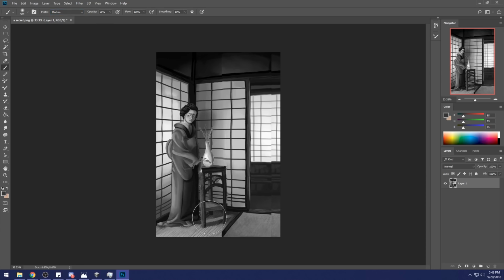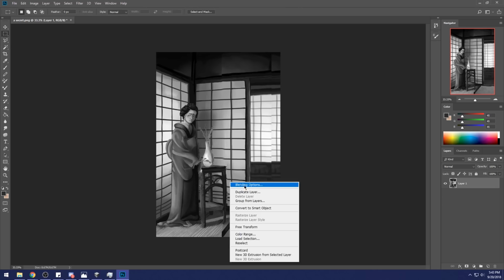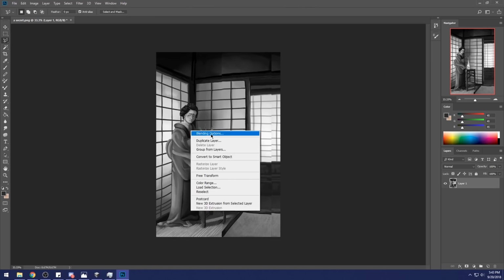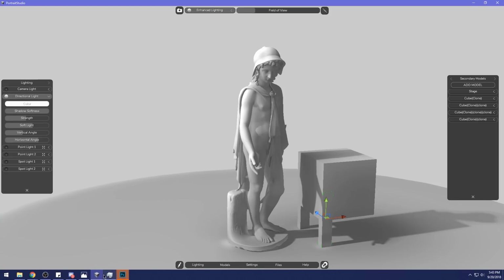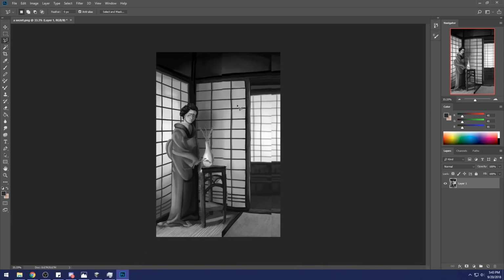This is the most important place here because this is where cast shadows are happening. So it's really, really important you get this right. And then I'm gonna get lasso tool, deselect. Oh, it's already deselected. And I'm gonna try again just to look at Portrait Studio. I'm gonna try to make it so this cast shadow is a little bit more